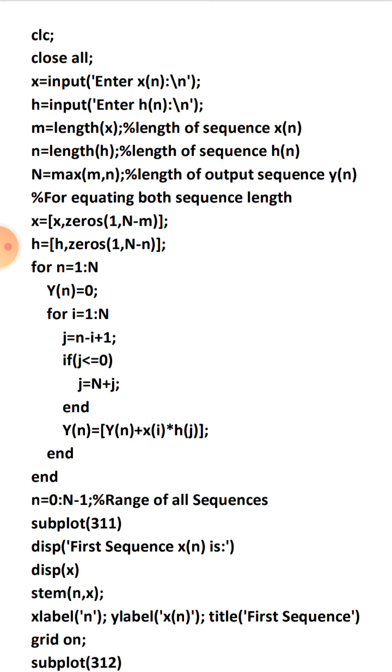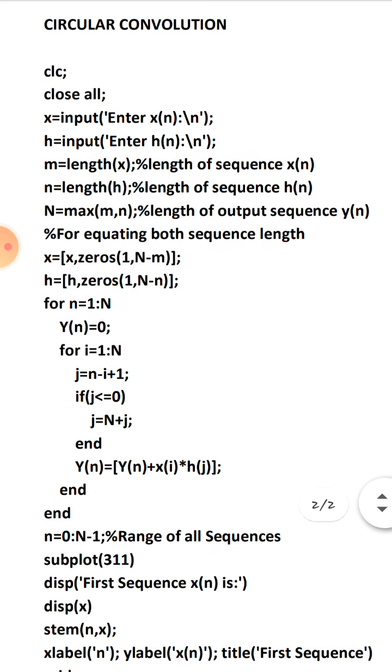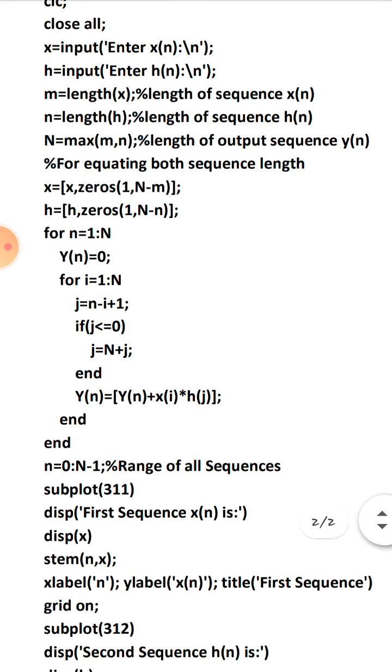You would have done all this in your fundamentals of computing lab. MATLAB is just like that. Now you are going to get the length of the two sequences. M is equal to length of x and n is equal to length of h. So the two sequences you are getting the length. And now we are going to find the maximum of the two numbers. N is equal to max of m comma n. So you are checking which is the maximum value in this.